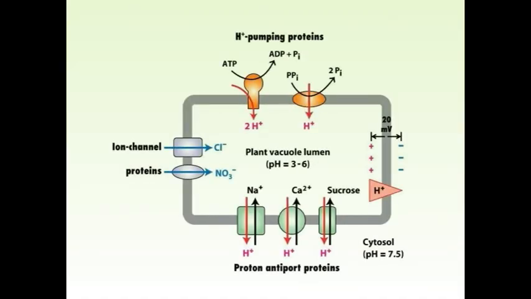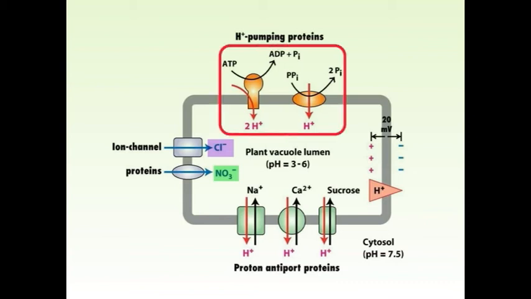So, as illustrated in this figure, the vacuolar membrane also contains chloride ion and nitrate channels that transport these anions from the cytosol into the vacuole. Entry of these anions against their concentration gradients is driven by the inside positive potential generated by the hydrogen pumps